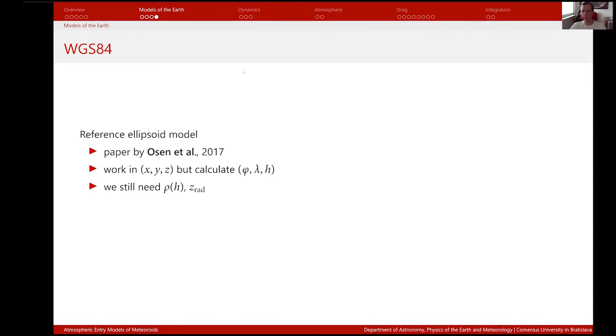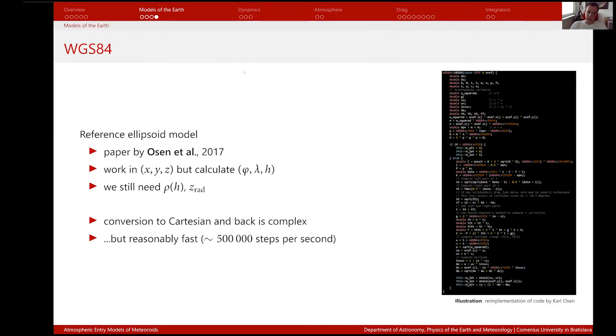If we're doing this, we can already move to the WGS84 model, the reference ellipsoid. I found a very good recent paper by Carl Olsen, which describes a conversion that can be done on a modern CPU very easily. It is fairly complex. However, the code has already been written and tested and proved that it actually does what it promises to do. And I am able to do maybe 500,000 or 1 million conversions per second, which is fast enough even for my huge data sets. So it is a bit of a pain to write this, but when it's done, it's really worth using it.